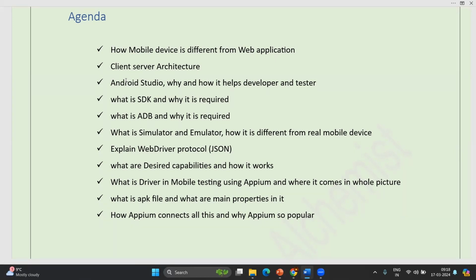We are going to explain in a very simple way the WebDriver protocol and desired capabilities and how they work in mobile testing. What is the driver in mobile testing using Appium and where it comes in the whole picture. What is an APK file and what are the main properties in it. Finally, how Appium connects all this and why Appium is so popular as soon as you look for mobile automation testing. Let's go through each and everything in a simple way so that this will create a good base to